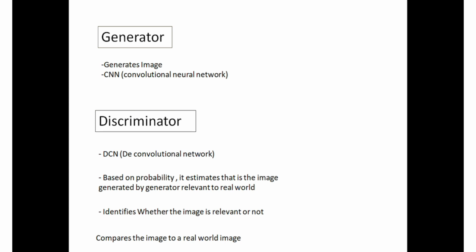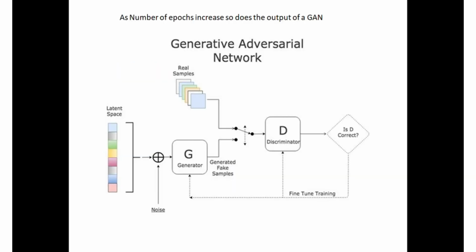So here you can see there is latent space, that is basically our images, and what we do is we provide our images to the generator. Here with the help of cursor I'm showing, and what the generator does is it generates fake samples of the images